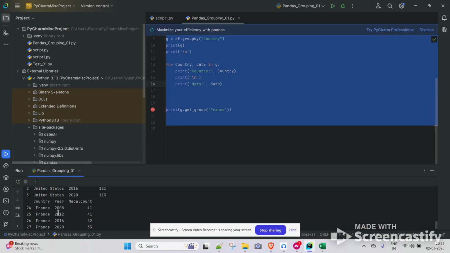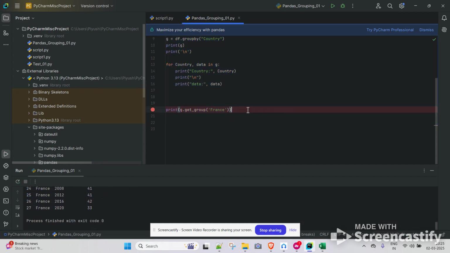Okay, I think it gives us for France. So here we get count specific for the country France,